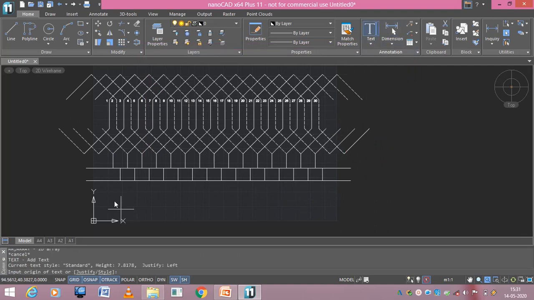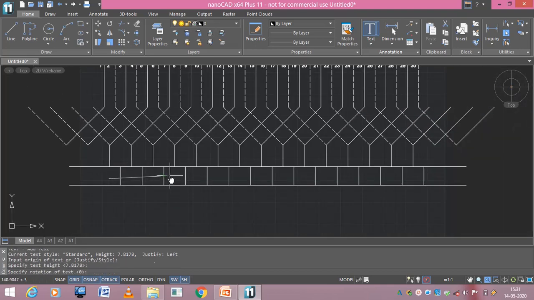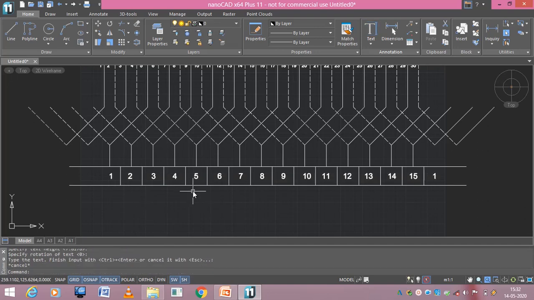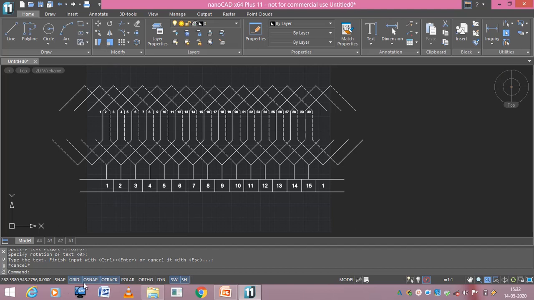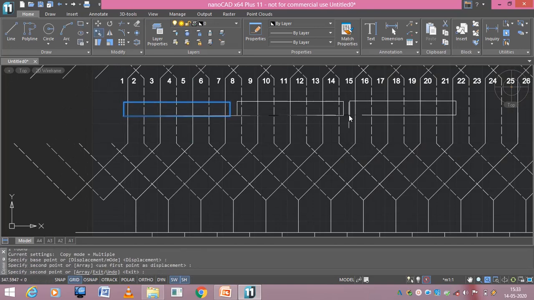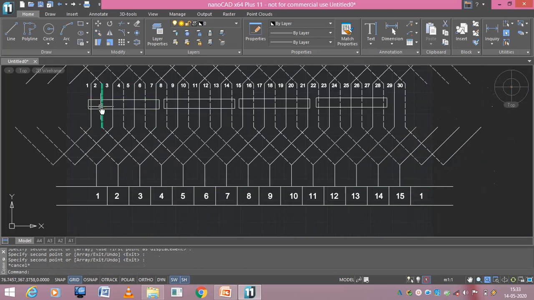Now name the commutator segments. Now I will be having 15 commutator segments, and coming to the poles. The pole pitch we have got is 7.5. So let me round it off to 7. Okay. Now you can see that the pole pitch is 7. It means 7 conductors under each pole.